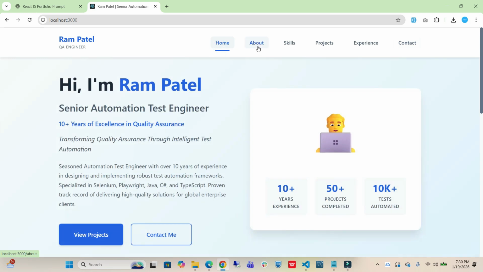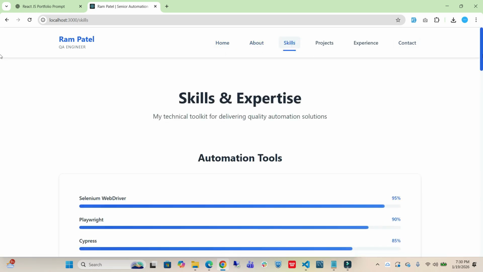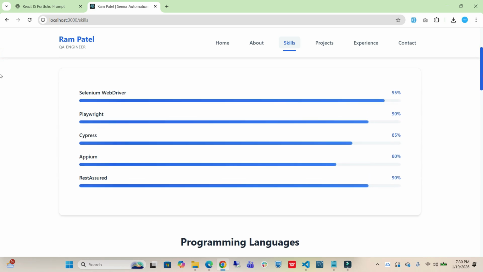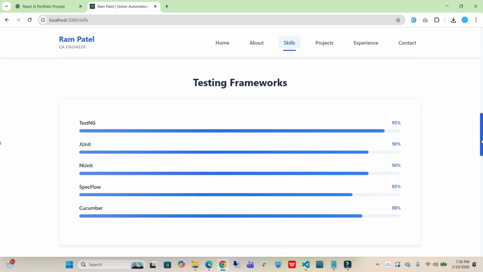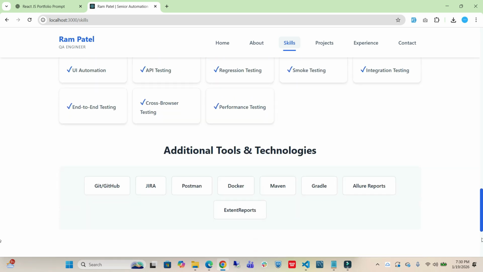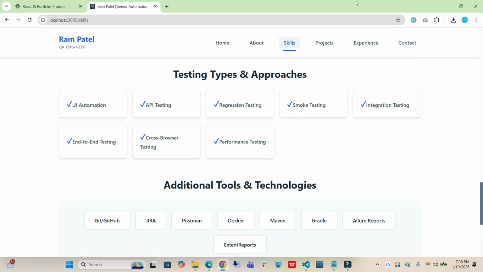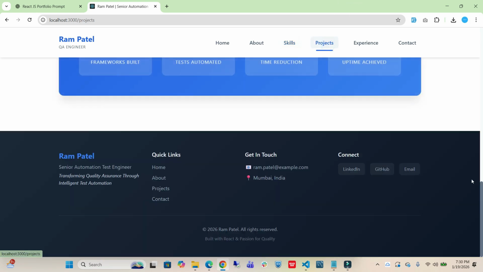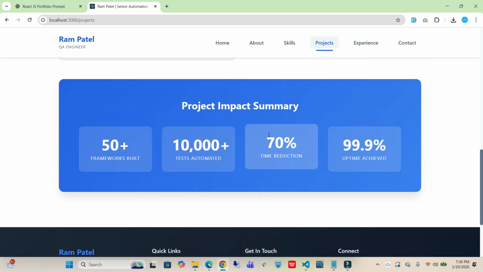So home is there, about is there, skills is there. Okay, it's using a bar format here. It shows how much expertise we have in different programming languages, testing, CI/CD, DevOps. Wow, testing approaches and additional tools and technologies that we are using, and the different projects in which the user has worked, like the project impact summary,